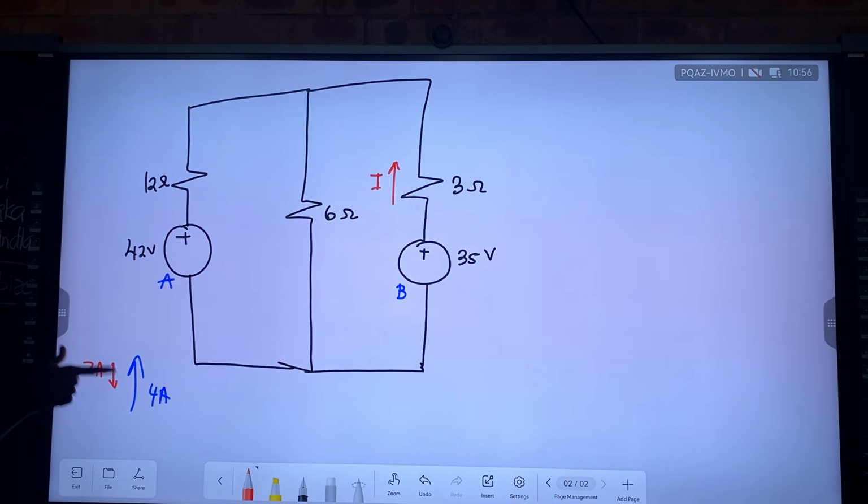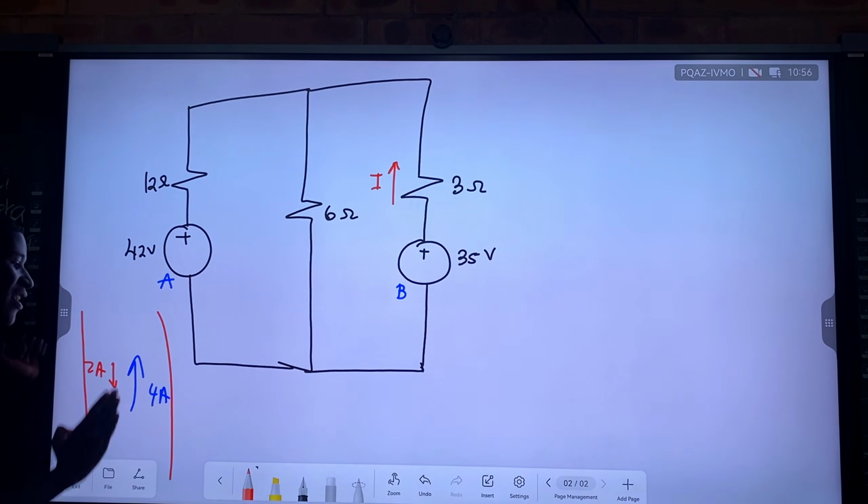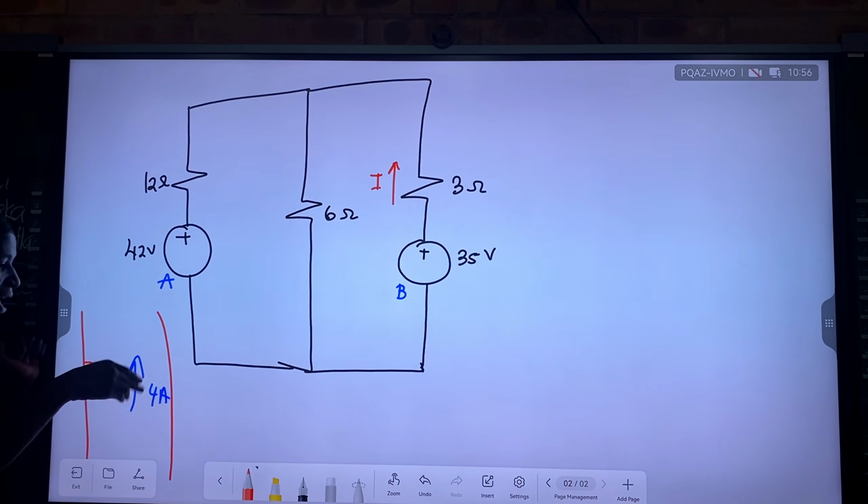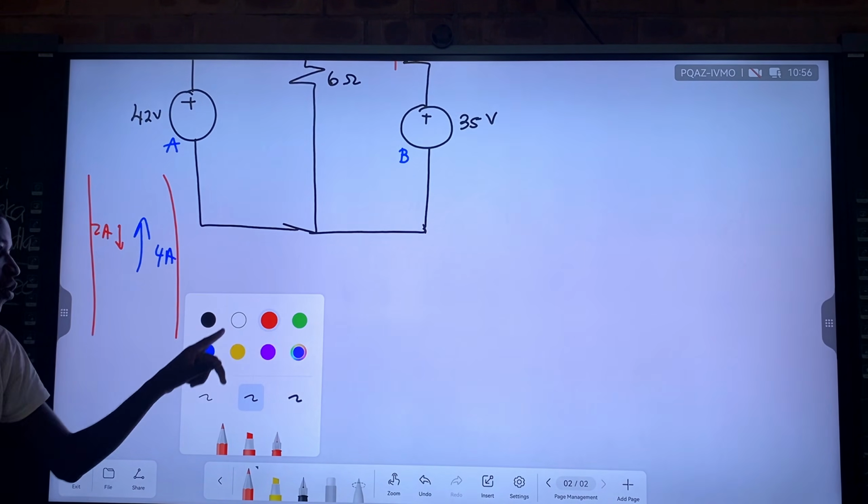Yes, because at this point the current can behave as a vector, in the sense of its direction. But you don't apply any vector laws besides just when you are adding these two currents in the same conductor. This is the same conductor. One is 4 amperes up, another one is 2 amperes down. When we add 4, we're going to subtract 2. So we say the actual current going through the conductor is going to be 2 amperes upwards.